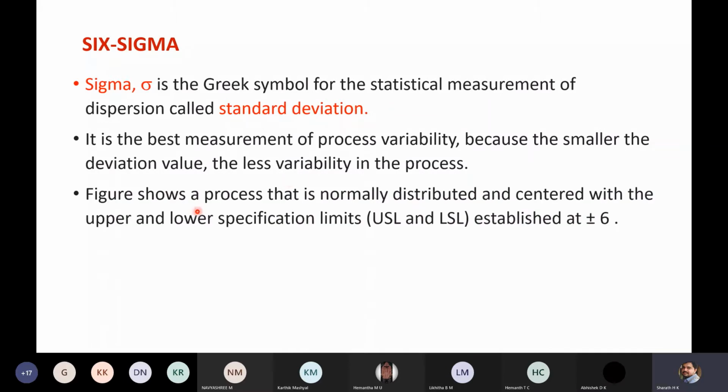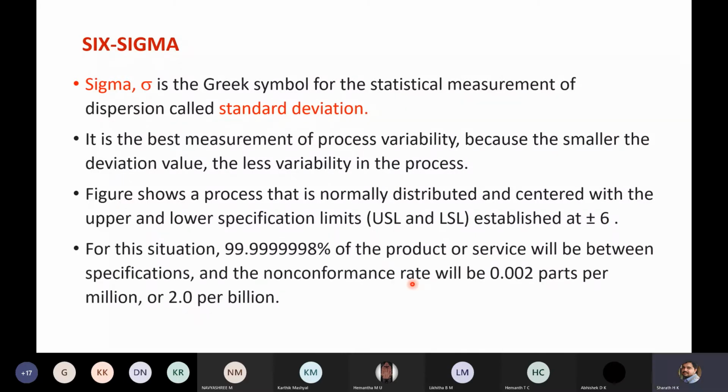In the next slide, there is a figure that shows a process that is normally distributed and centered with the upper and lower specification limits established at plus or minus 6 sigma. For this situation, 99.99998% of the product or service will be between specifications, and the non-conformance rate will be 0.002